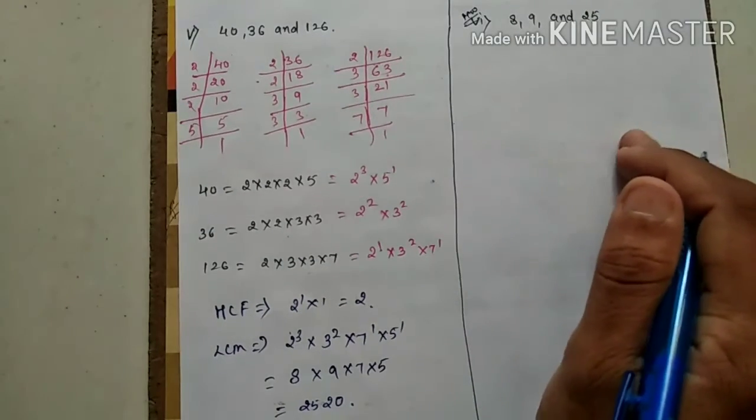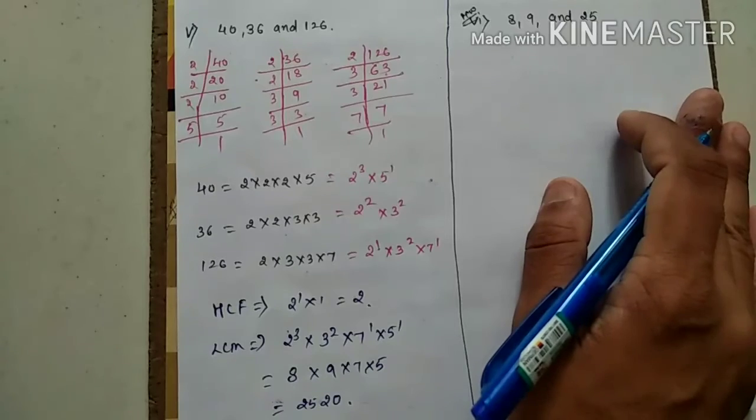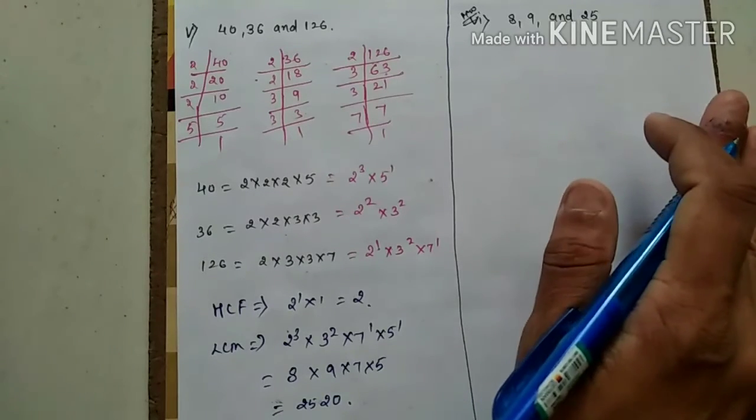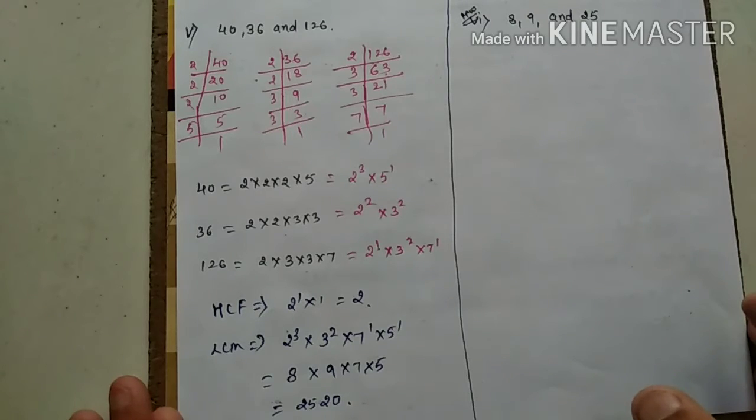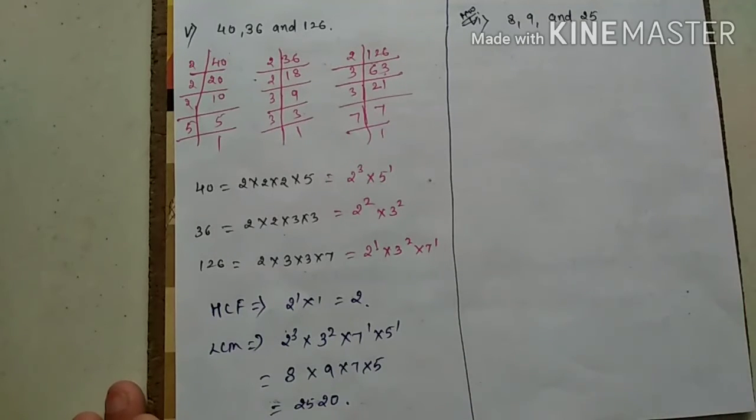This question I am giving you as homework. Try. If you are not getting it, I will give you the solution, but try first by yourself. And I think it's very easy to find. You can find it. I have belief in you. Okay. Now come to the next question of this same exercise.